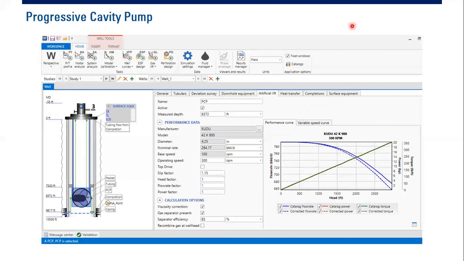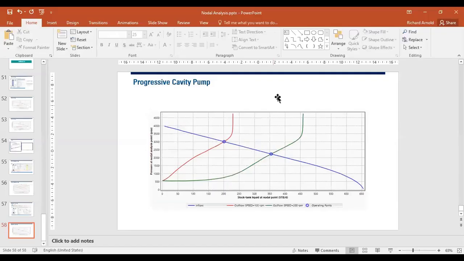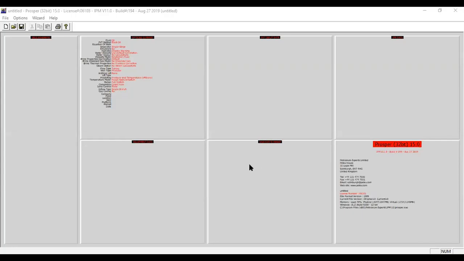So from here, I will go to the software. Okay, I will stop share. And now I will go first to the Prosper. All right, can you guys see the Prosper?